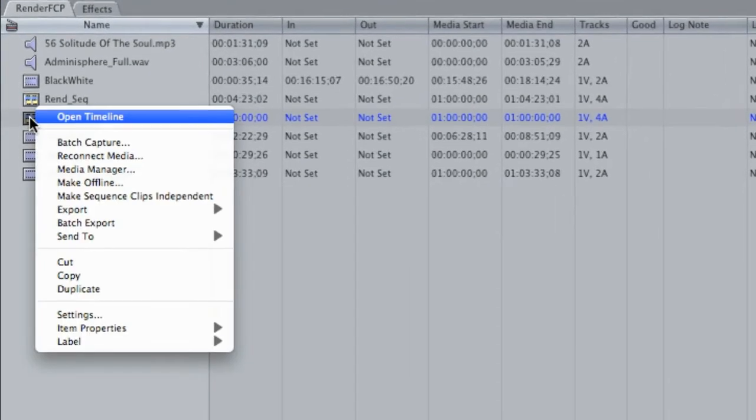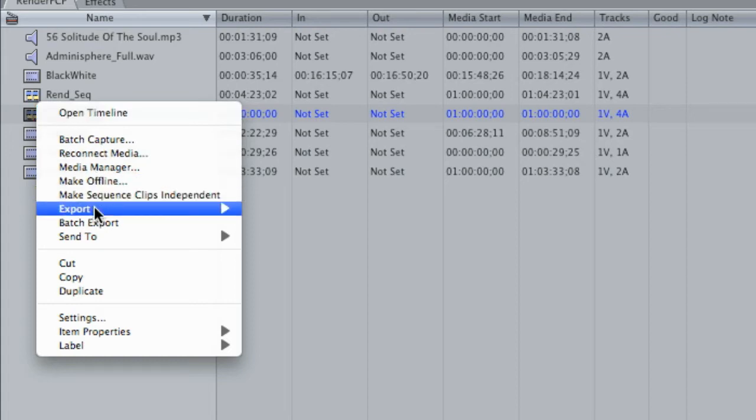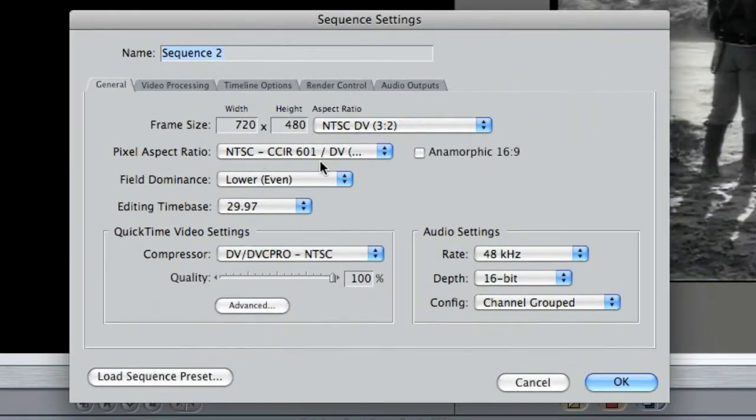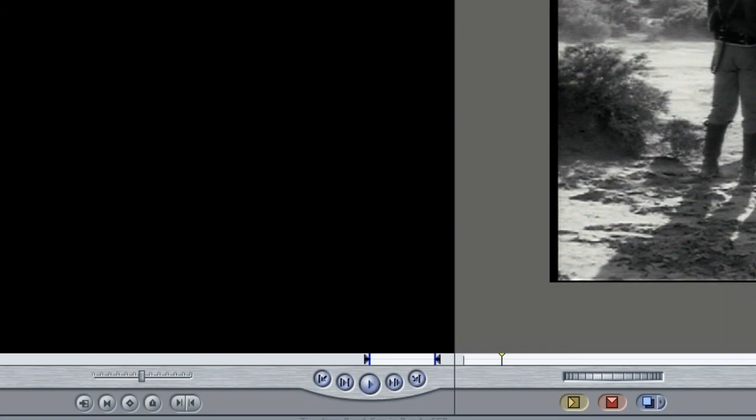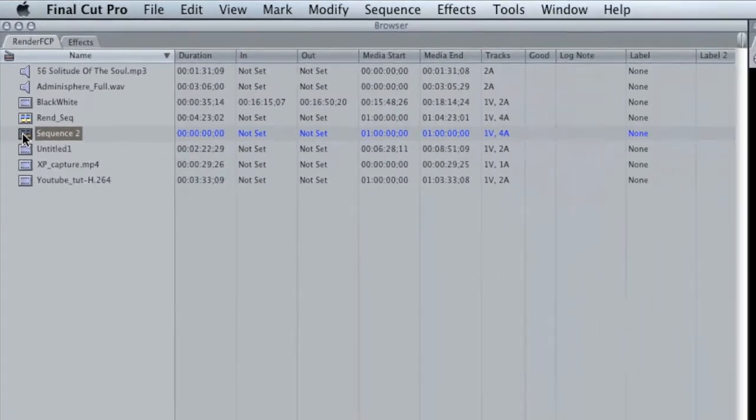And you can always change the settings within your sequence to match your footage by simply right-clicking, going down to settings, and you can see all these different settings are right here, and you can match up to your footage if you need to, and you can load a sequence preset if you know what the preset is for your footage. But the easiest way, I think, to make sure your sequence is properly calibrated for your video footage is